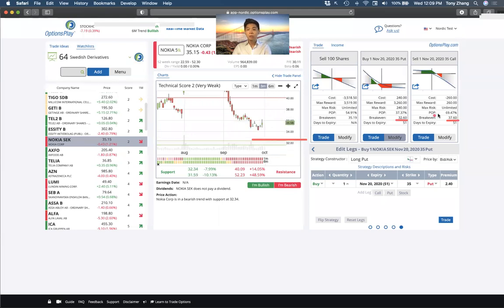Not an easy task to do. When I sell the call option, my break-even price is 37.60. That's up here. So when I sell the call option, as long as the stock stays below 37.60, I'll be profitable. But again, just like what we showed you before, what you notice here is